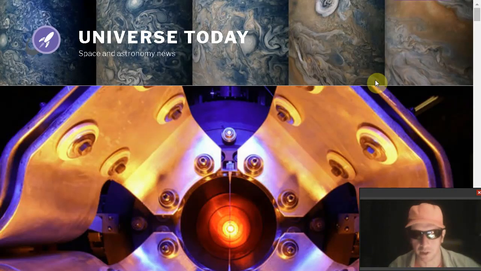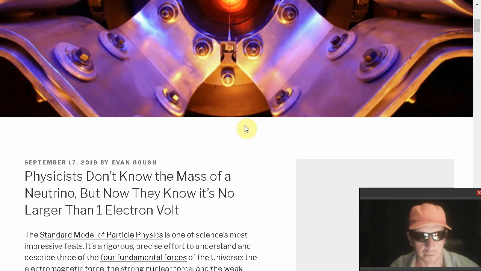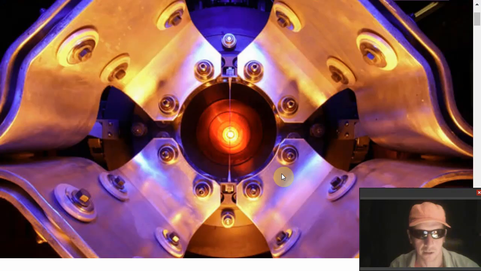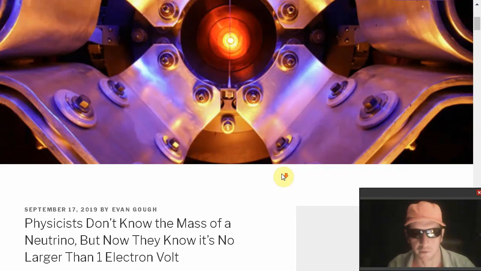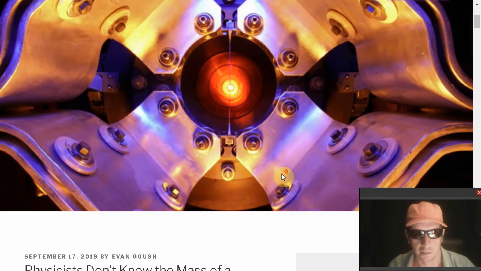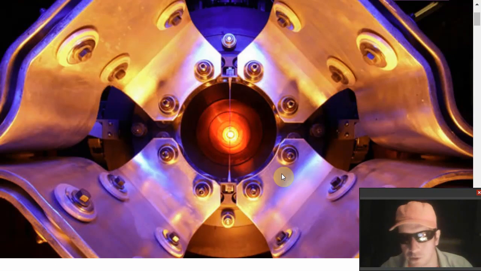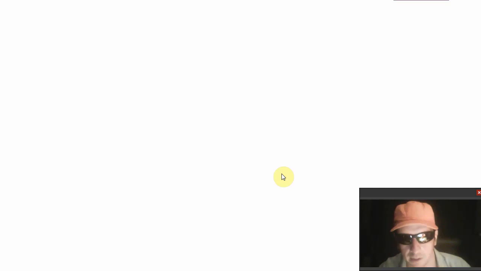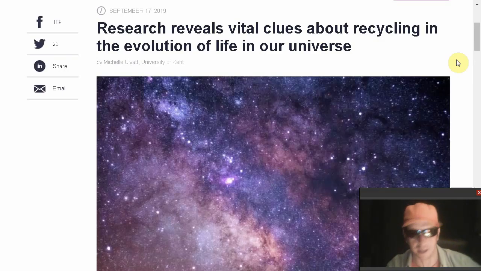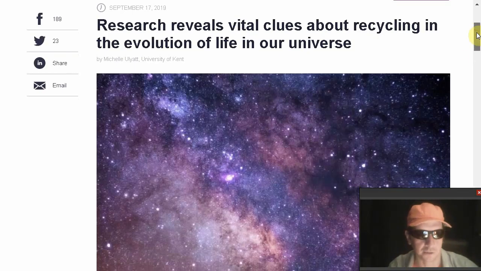How about neutrinos? Are you familiar with neutrinos? Well, there are issues about neutrinos and their mass. We've linked to the article from Universe Today about how folks now think they know the mass of a neutrino, or at least the upper limit. And let's move on to more stuff, as there's still plenty to cover,